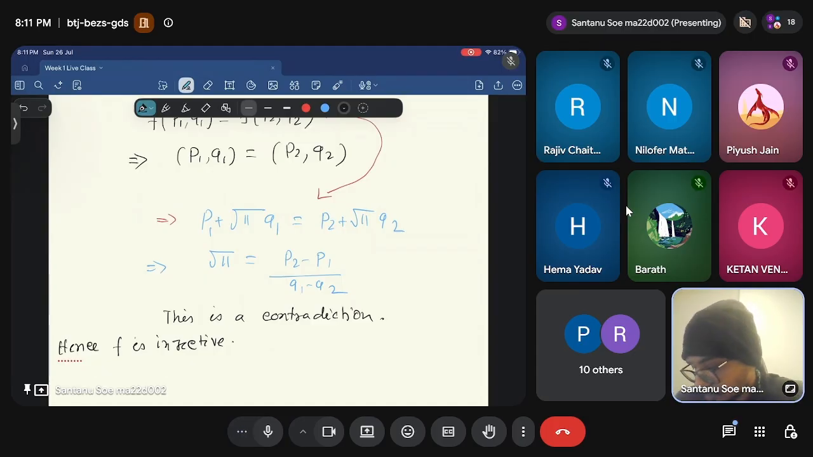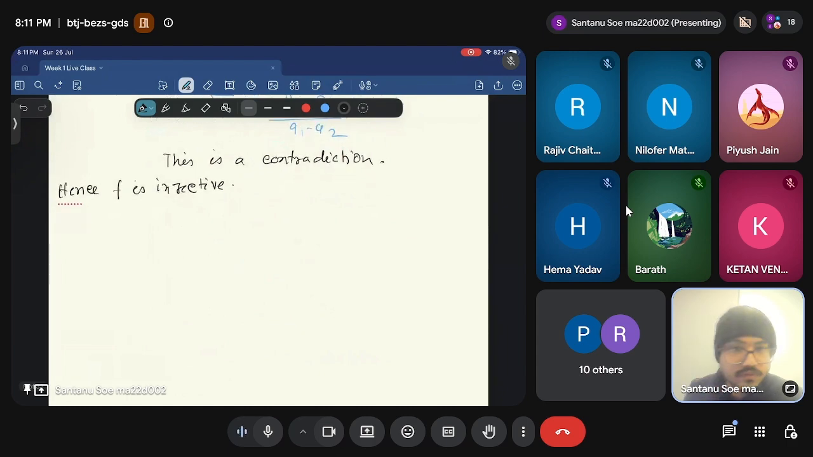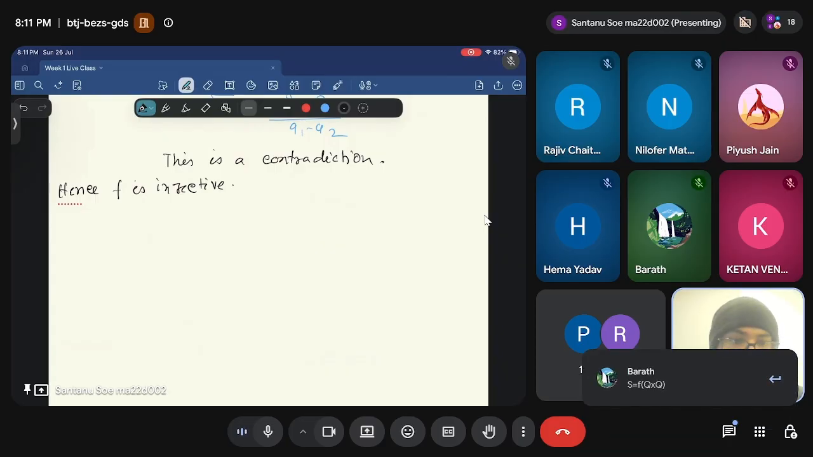Correct? What about surjective? How to prove surjectivity? Anyone? So if you can prove surjectivity, then only we can say that the map is bijective. Now if the map is bijective, then we can say that S has the same cardinality as Q cross Q. Yeah, Bharat has written it correctly. So it is easy to see that